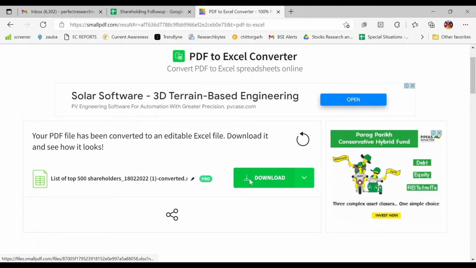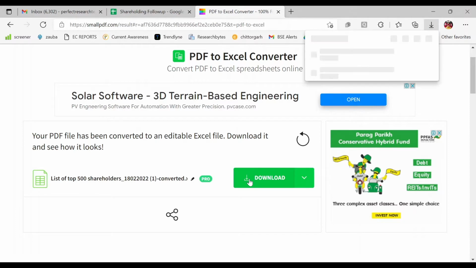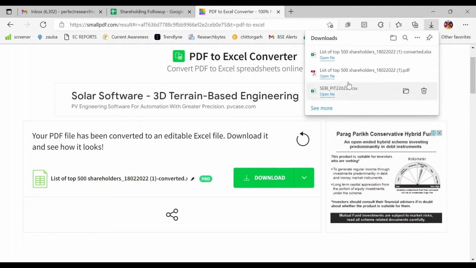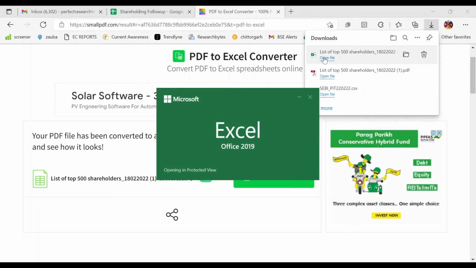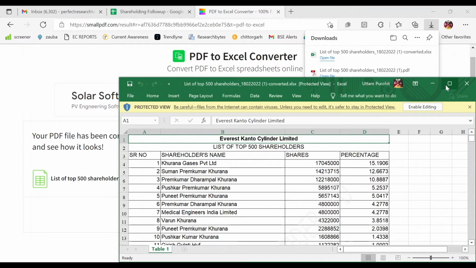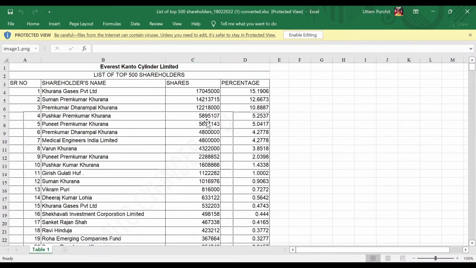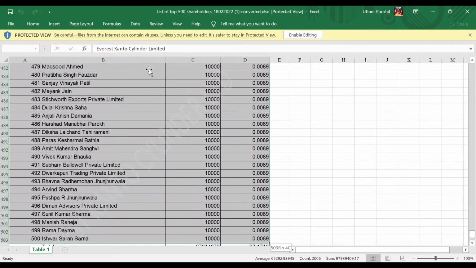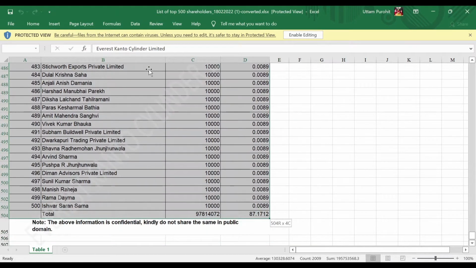As we do not have a pro version, we will just go with the free version. Now download this Excel format. I'll open it. As you can see, it is in proper format in one sheet. So I'll just copy it down till 500 in total.